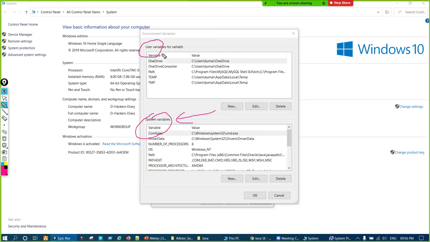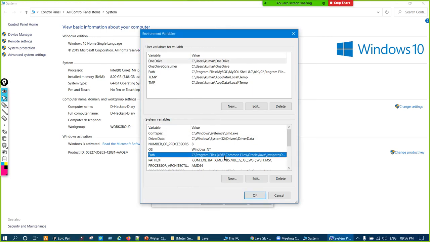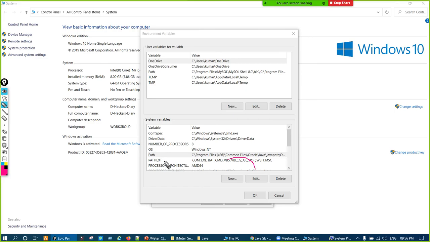Now, either in user variables or in system variables, find Path. It will be there. Here also Path is there, and we can choose any one, but generally doing it here is much better, right? After selecting the Path, click on Edit.